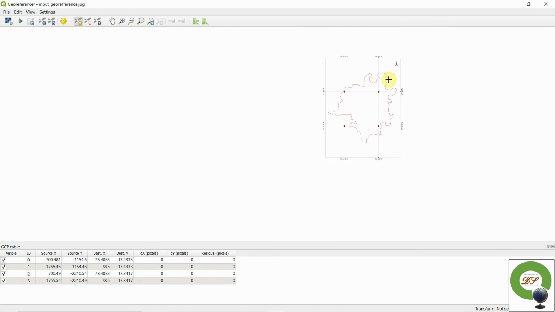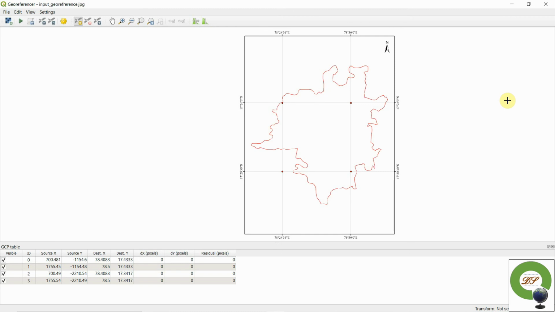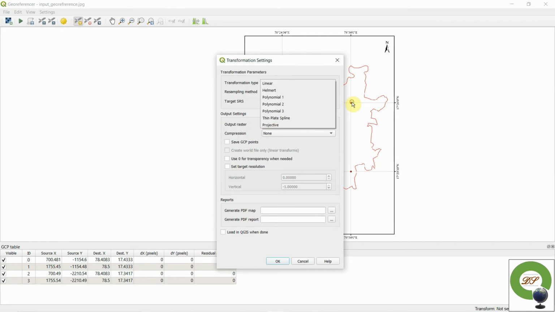Once we are done with adding the GCPs to this respective image, now we need to go to settings and click transformation settings. Now they are asking which type of transformation we want. This documentation is provided in the QGIS documentation on their respective sites, we can utilize it.